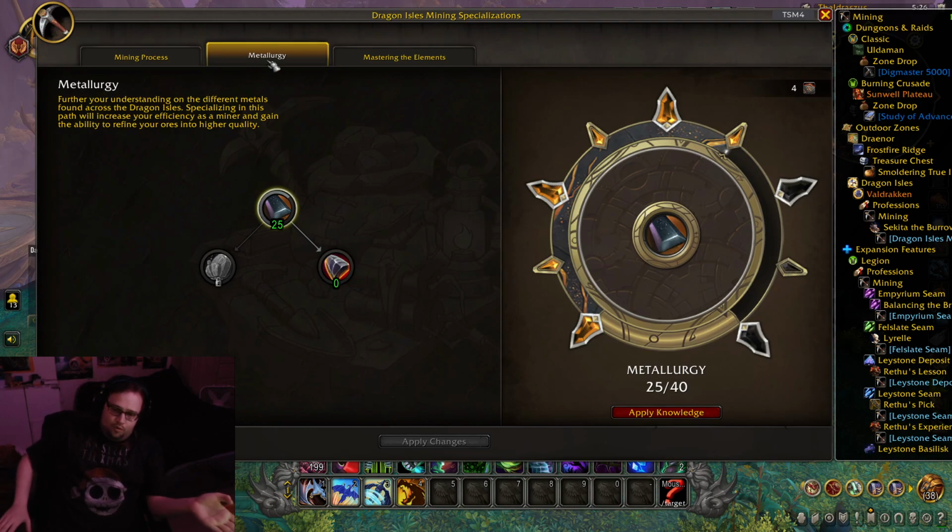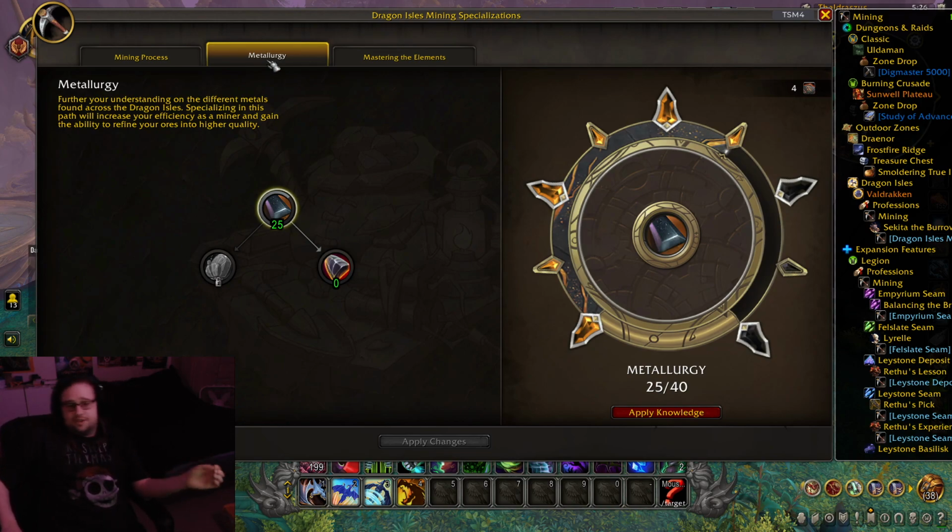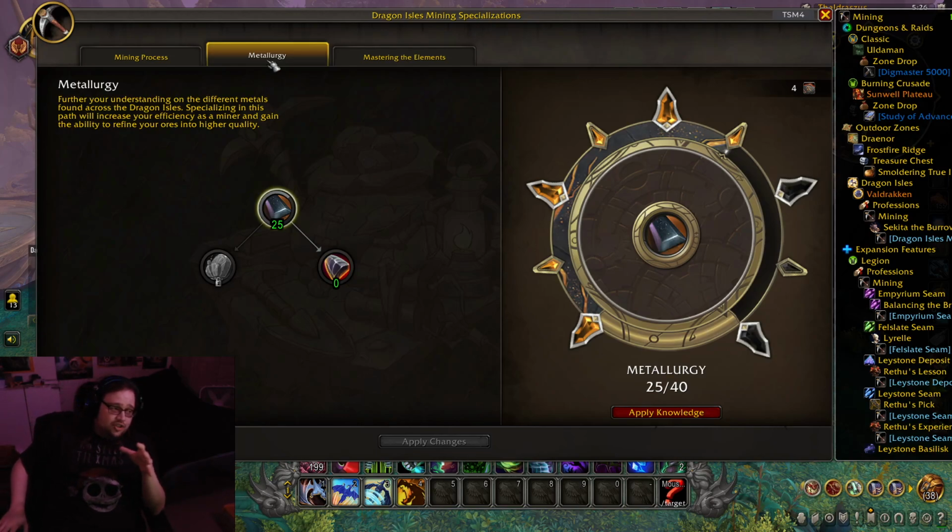Now quality of ore kind of matters, but when you're gathering so much of it, you start getting nothing but tier 3 anyway. Alright? But there's some cool stuff about the refining tree, which is interesting, that I actually just learned about. So what you can do